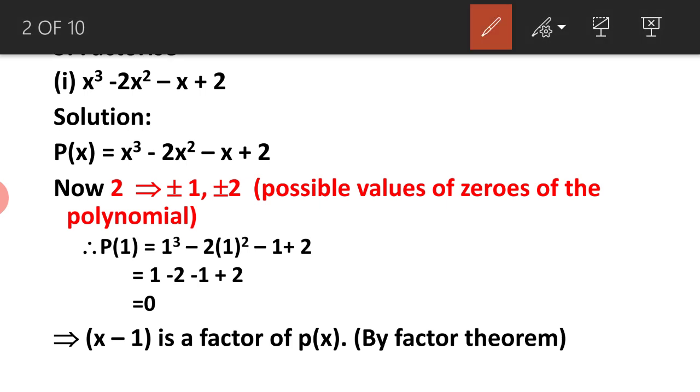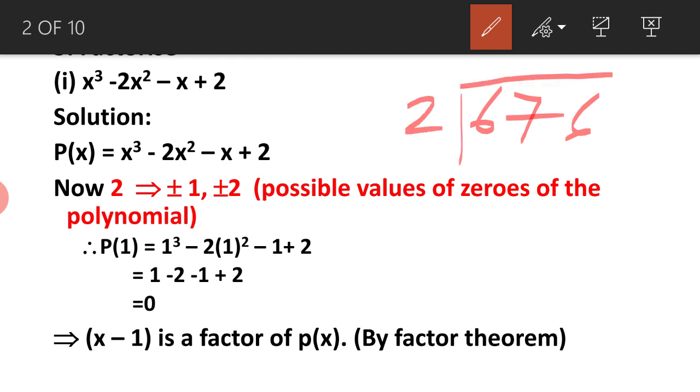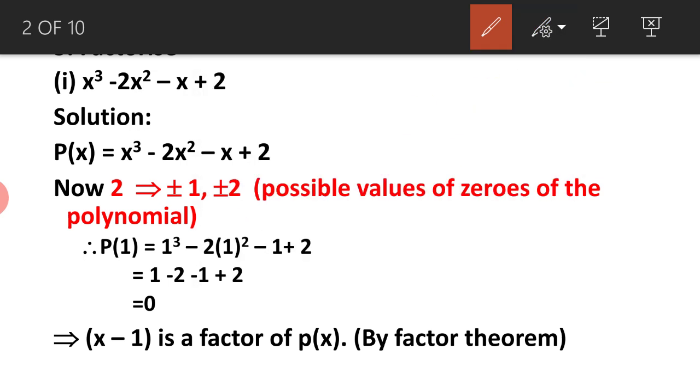Now how to do the remaining? You must have seen prime factorization. Suppose I take 676 as a number. How do I factorize that number? First I divide it by 2, then I get a quotient. Then the quotient is divided to get another factor, and this process continues. The same process we are going to do with the polynomial. So as we have got one linear polynomial, for getting the other factor, we will divide p of x by x minus 1. And that is long division.